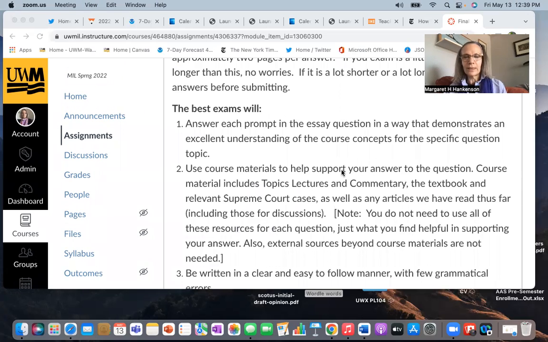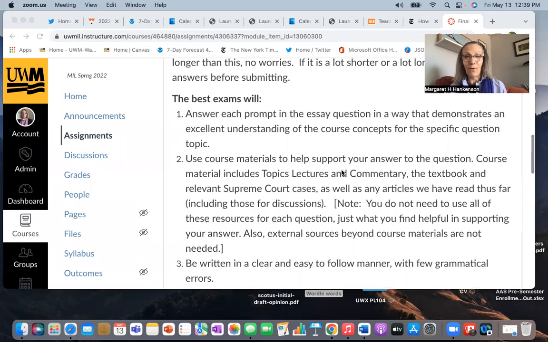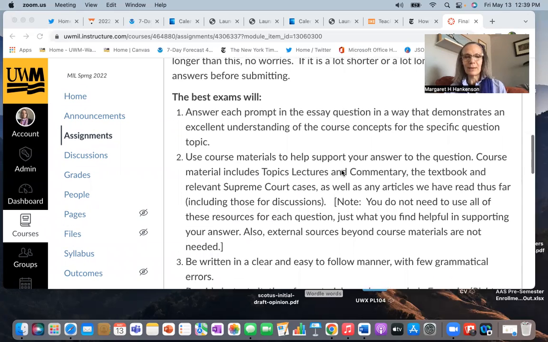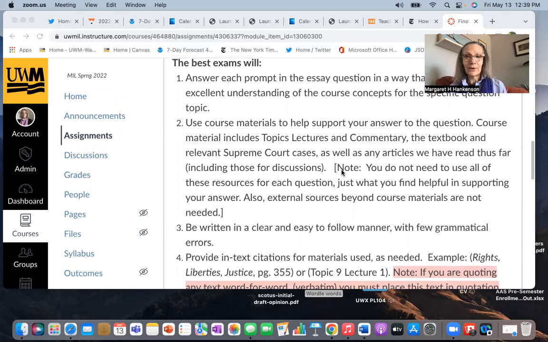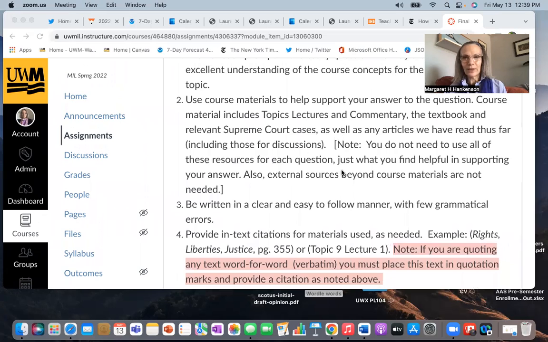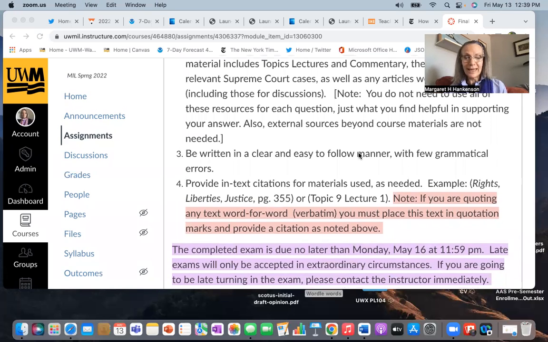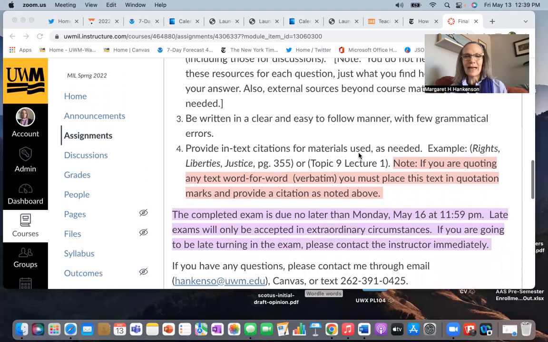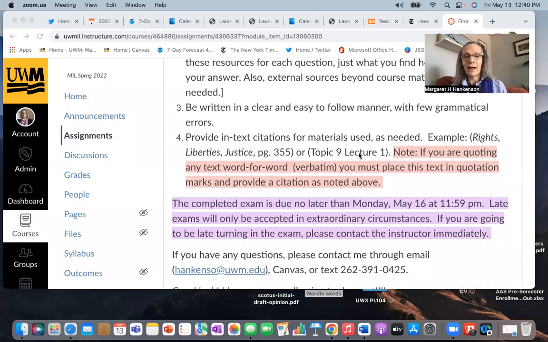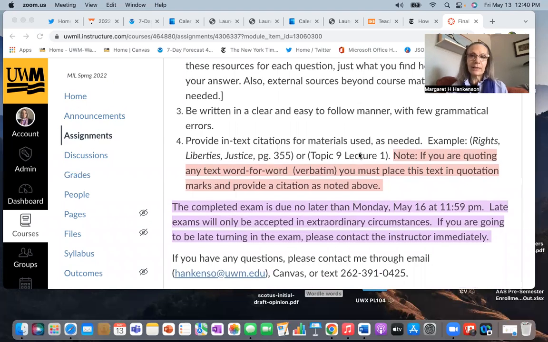Like the midterm exams, the best answers answer all the prompts. So don't skip over any of the prompts. You're going to want to use the course material when answering these questions. You don't have to use lecture, textbook, books or articles we've read in answering every question, but just when you take the totality of it. Make sure you proofread. I know it's the end of the semester and everybody's burnt out, but do give it a good proofread just so that you're communicating your ideas as best as possible.